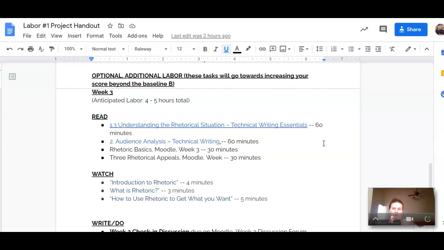So rhetoric is really important in any kind of writing, but it's particularly important in technical writing because audience plays such a big role. Rhetoric is really the art of persuasion. And if we think about the rhetorical triangle, we're talking about how audience, purpose, context, and those kinds of ideas meet together in a triangle where all of the points intersect and talk to each other. So this is an important part for us thinking about technical writing and how we can best tailor our messages